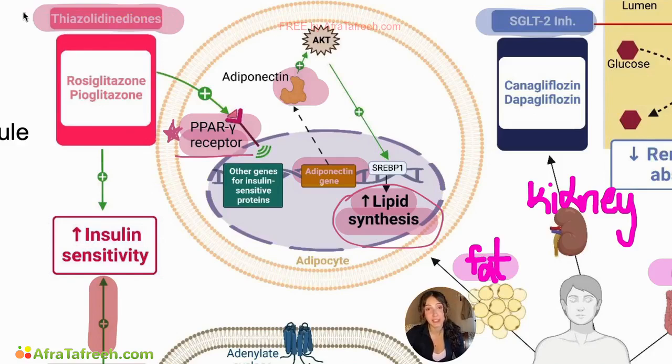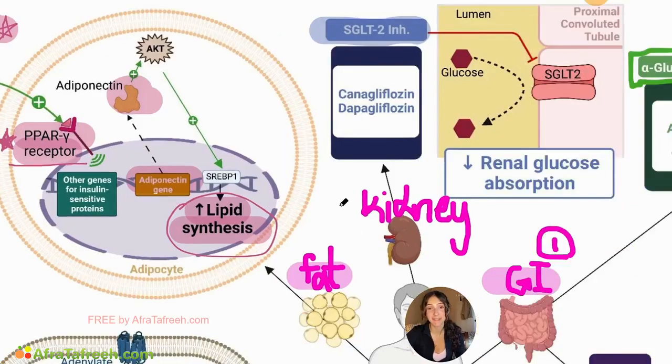When insulin's not really doing its job, or your body is insensitive to insulin in the case of type 2 diabetes, that is when drugs such as rosiglitazone or pioglitazone are binding to this PPAR gamma receptor and stimulating lipid synthesis. Now, finally, after we have discussed the pathway of glucose being absorbed into the body, the pancreas releasing insulin, insulin's effects at the liver and on your peripheral fat cells, now let's talk about the excretion of excess glucose